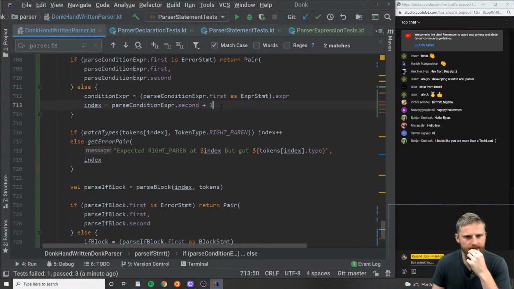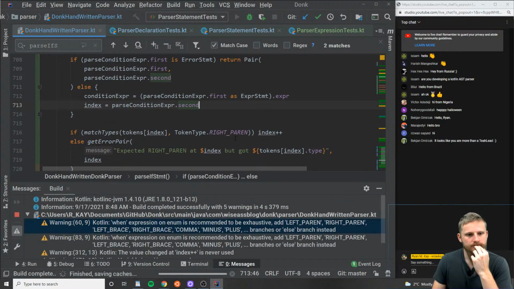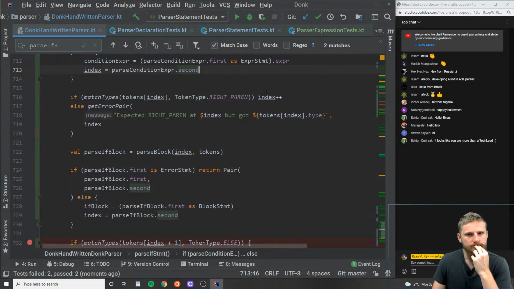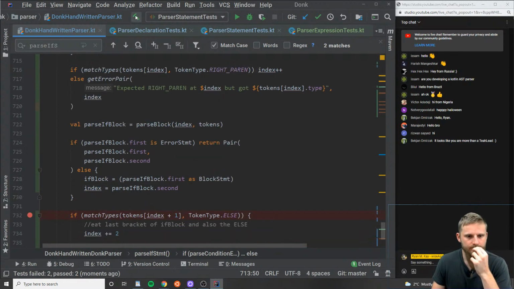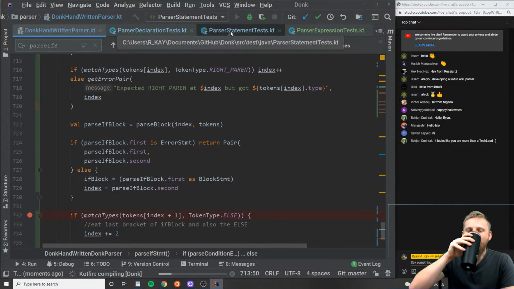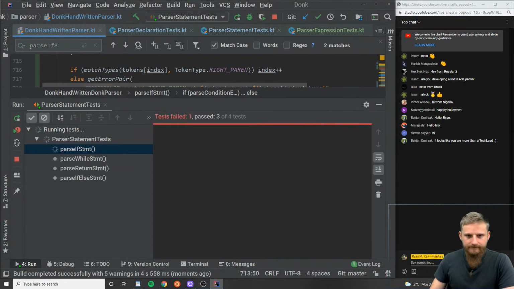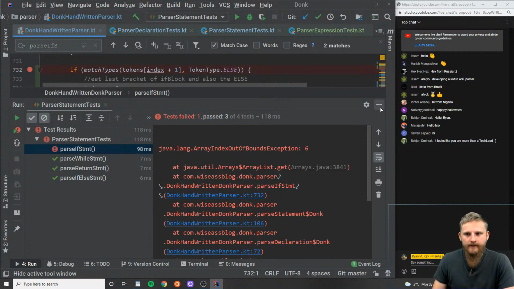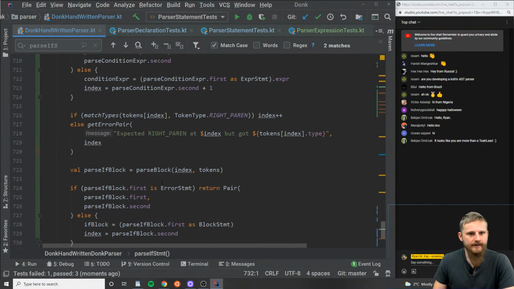No, it doesn't need to be incremented. That's weird. Okay. I'm coming to understand that the biggest problem in